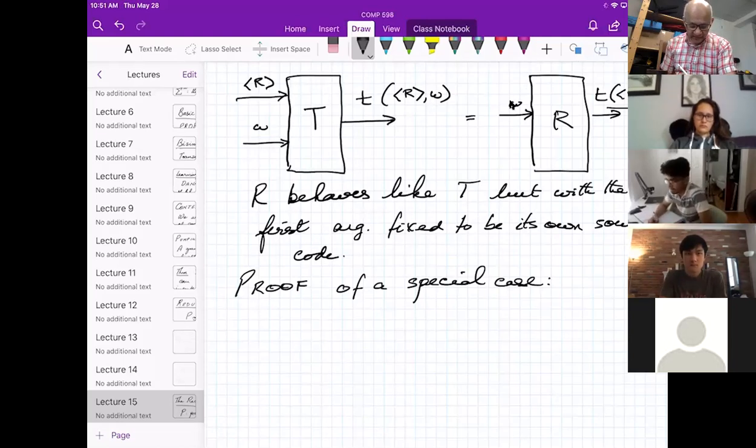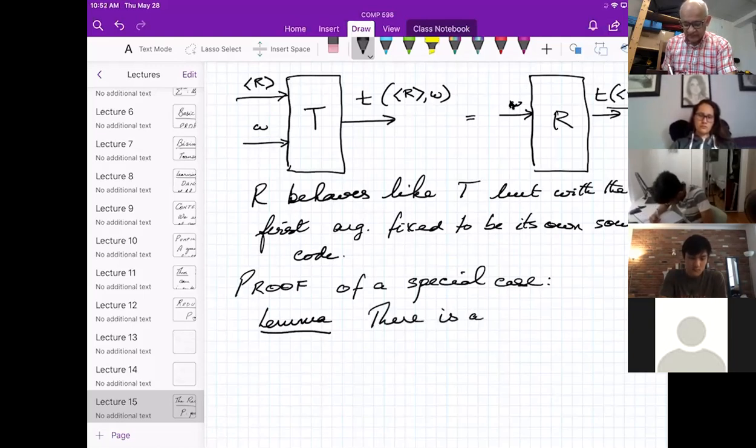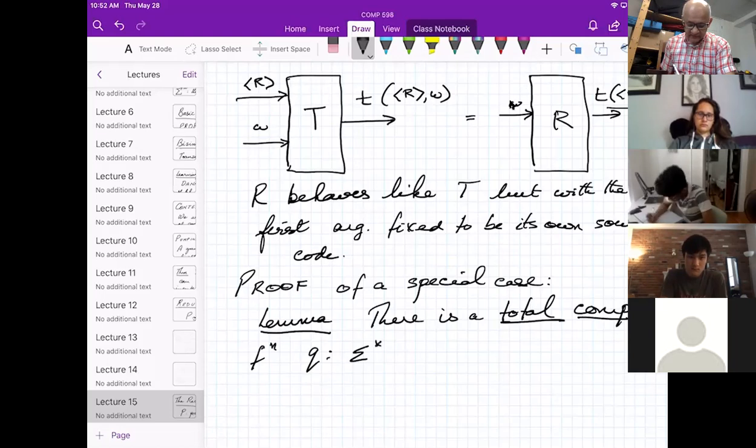So it depends on a lemma. And this says there is a total computable function, which I'll call Q, from sigma star to sigma star, such that